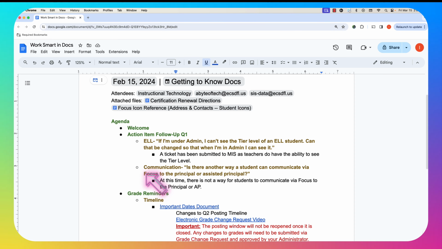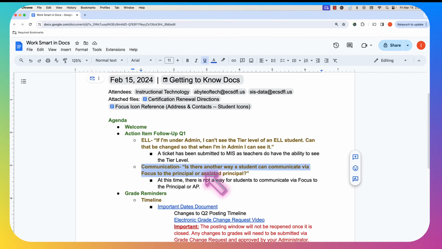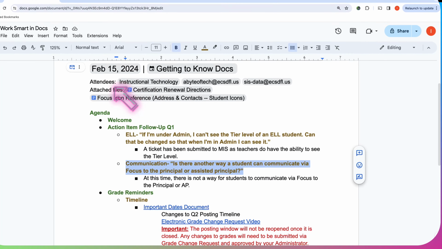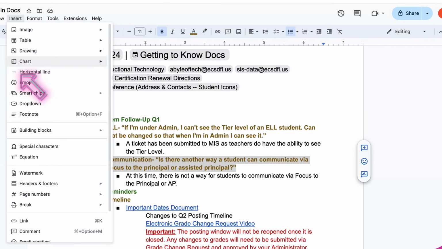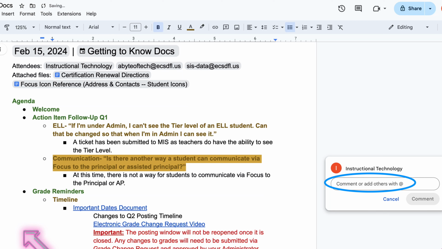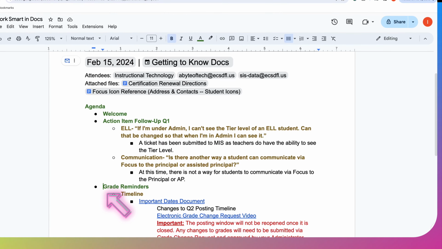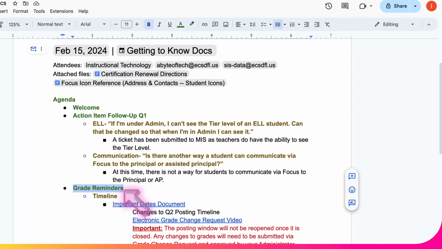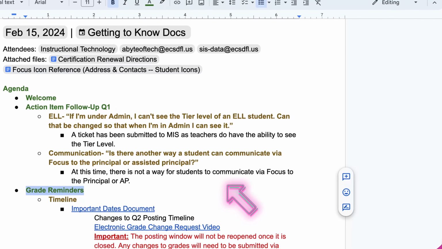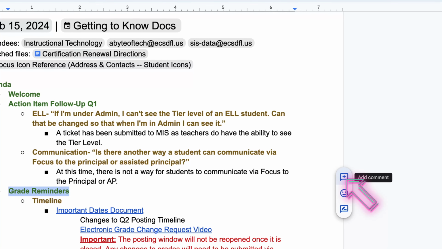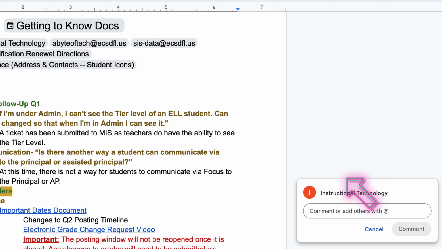The second way to add a comment is to highlight what you want to comment on. Go to Insert, choose Comment, type in your comment, and then press Comment. The third way is to highlight, and when I do, notice I get this pop-up toolbar over here to the right. I can add a comment, an emoji, or make edit suggestions. I'm going to choose Comment. I will type my comment in